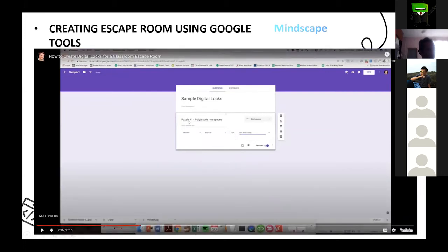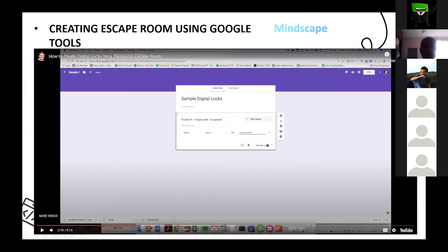So as you can see, you can set the question according to whatever you want. Like this form, you can do a math quiz or a math escape room, and then you can set the answer to unlock the next step to be the answer to the algorithm or the equation.